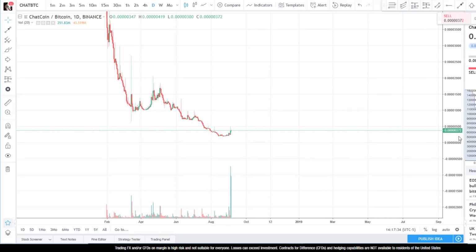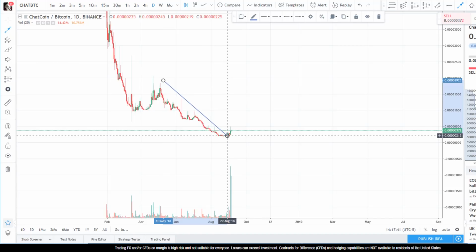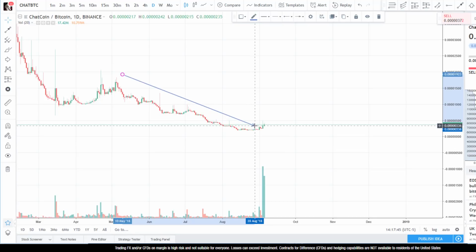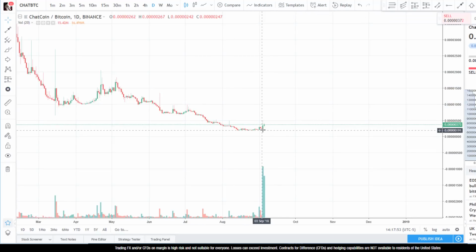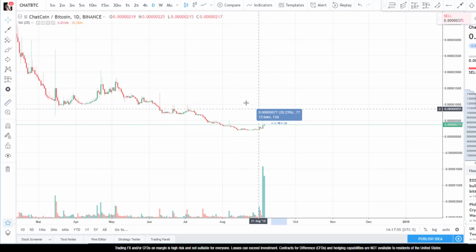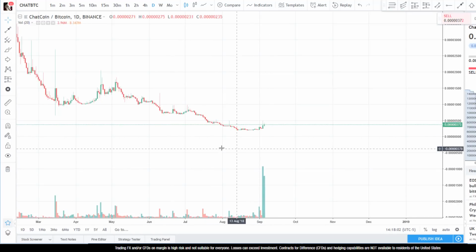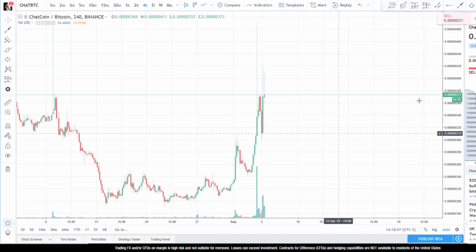Here's where we look at chat. This is a prime example why trading crypto is tough, because look at the bias there, but then look at how quickly it changed. So here's the bias. Now the question you should be asking is, is this bias going to continue? I don't think it will continue much longer, but it might continue for another day or two. So you might have another 20% move in here potentially that you could get with chat, and it could get exuberant here. But you have to look at something like this and understand, if you're going to trade chat,